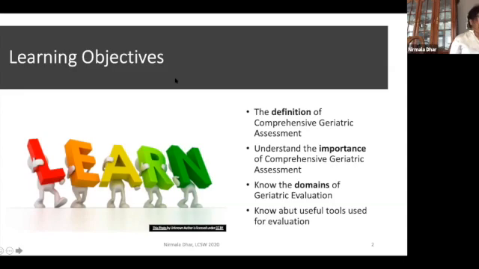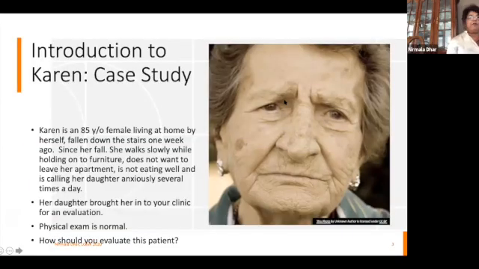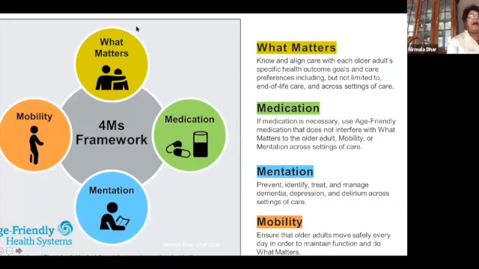And Kelly, if you can move to slide 4, which is the Age-Friendly 4 M's framework. And again, I want to leave you with this 4 M's framework, which essentially is what matters: medication, mentation,